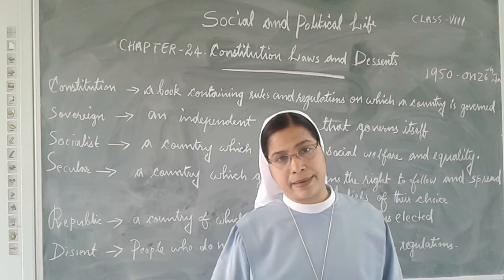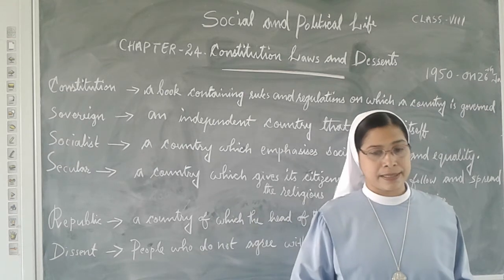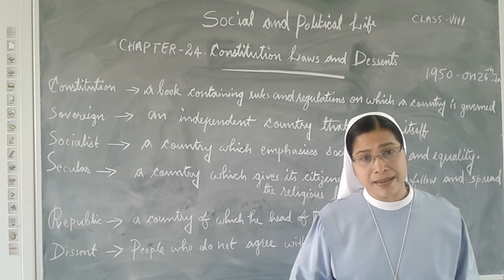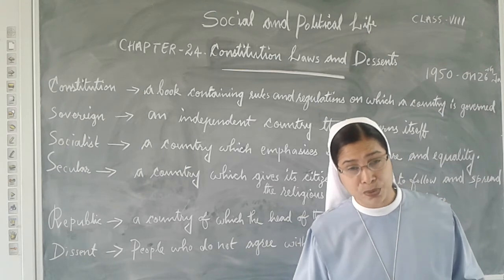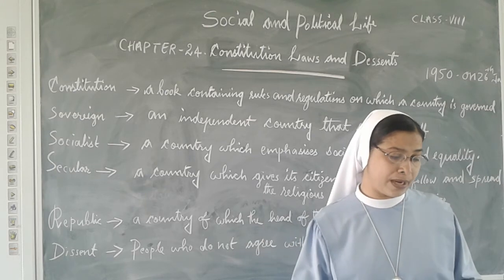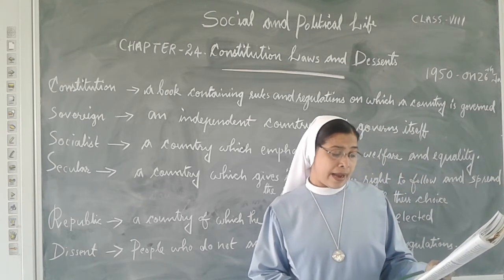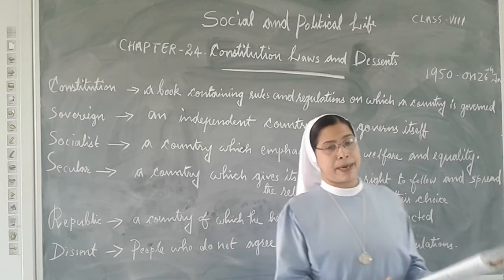The second point written in the constitution, that is the political system: we are selecting the political leaders, and they may misuse the power. There also safeguards are there. The constitution often lays down rules that guard against the misuse of power by the political leaders.